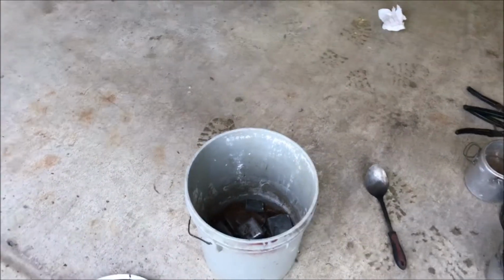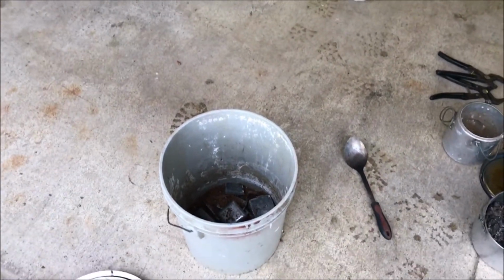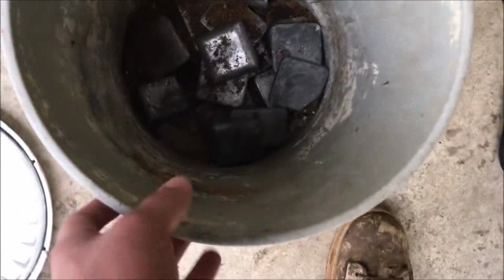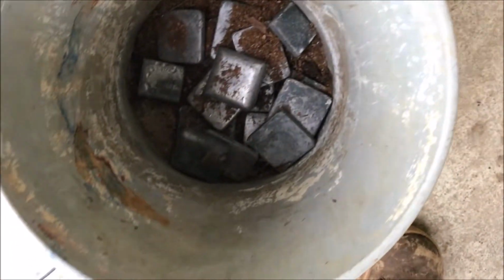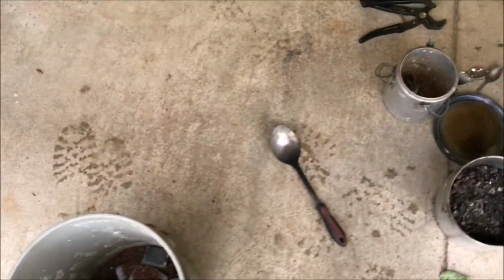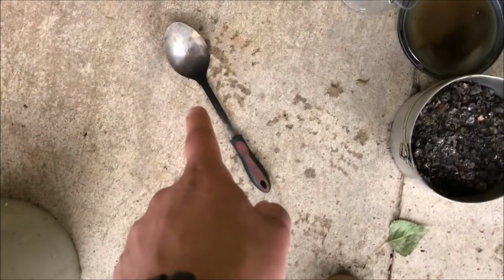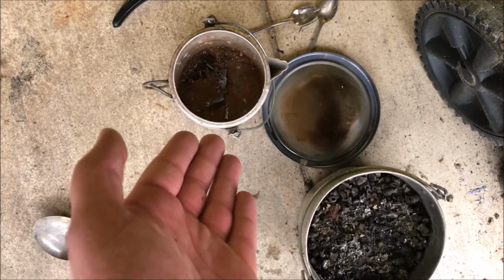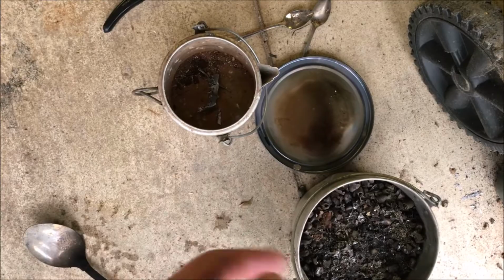Alright guys, so in order to get started making a giant lead weight or casting lead, you're going to need a source of lead. Here I've got some lead ingots that I've had for a long time. You can also use bullets, wheel weights, whatever. You're going to want a giant stainless steel spoon, an extra pot to put some scrap junk in like that,